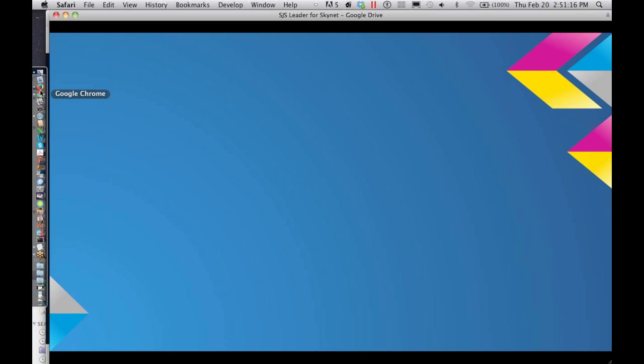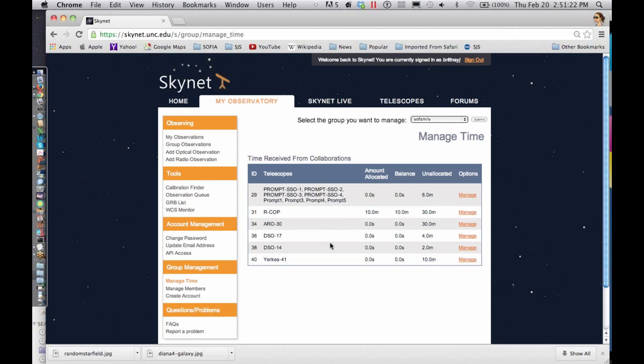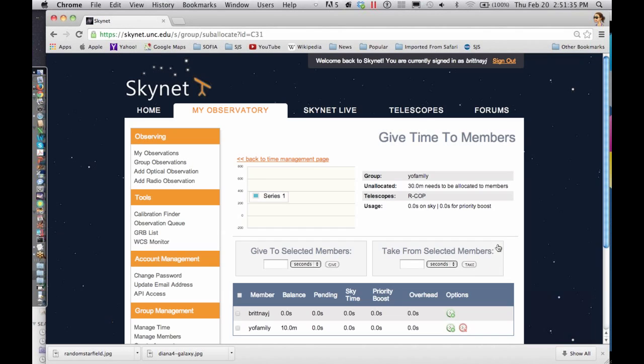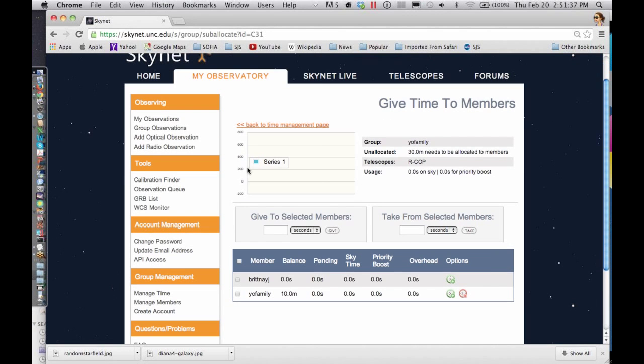This is brand new because we've given a lot of people time, and some people have used a lot, and some people haven't used much. So you can take back time from an inactive person and give it to somebody who's on a roll with their project, and then redistribute time. So that'll be useful. And that is it. So now I'm going to try to show you this. Okay, so here's an example